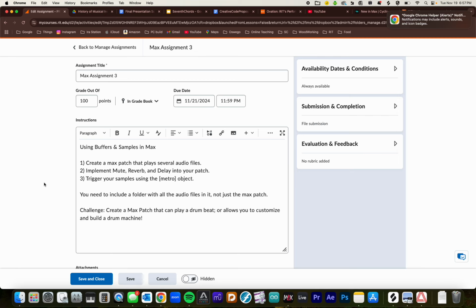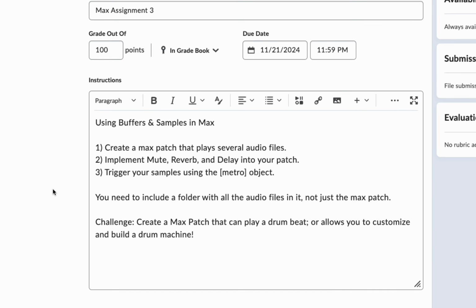So assignment 3, which again is your last Max assignment, is actually to create a patch using audio files, okay? I have uploaded for you a folder with a bunch of drum samples that you can use. You can also use any audio you want, it's up to you. I uploaded this folder just for convenience. But what we're going to do is use a Max patch that plays audio files, okay? You need to implement the mute, reverb, and delay, and you need to trigger your samples